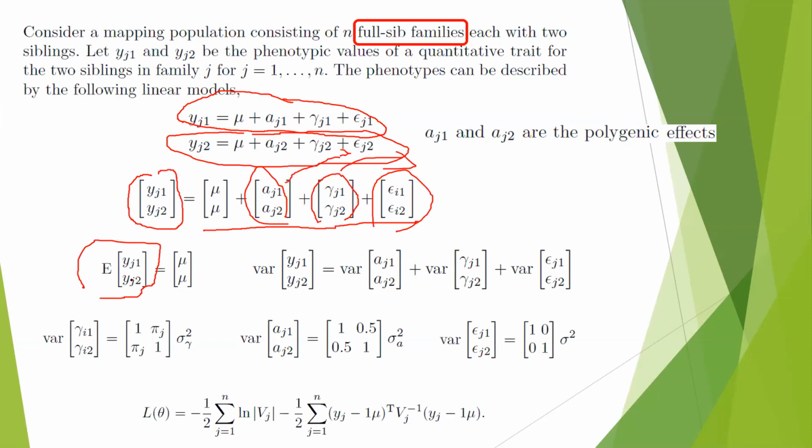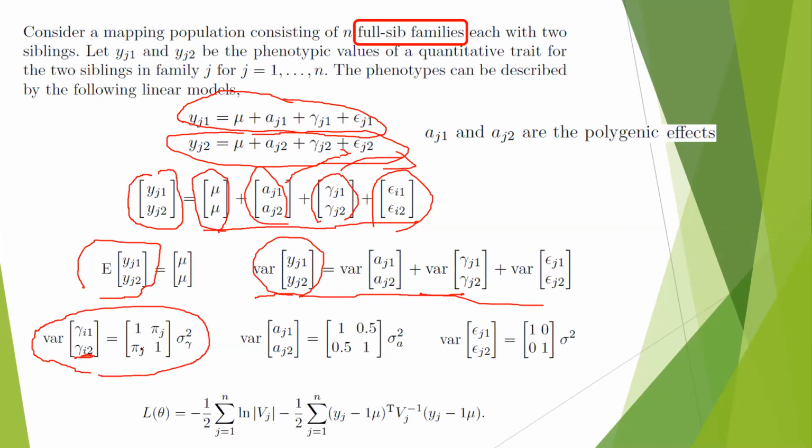So that's why if you calculate the expectation, only this term remains. Because we are more interested in the variance of the parameters, we want to calculate the variance of these two phenotypic values. Look here: this is the locus to be tested, gamma. At this single locus, we have to estimate the IBD, the relationship between these two sibs. We can use the data to calculate this, or if we do not have data, we can estimate it.